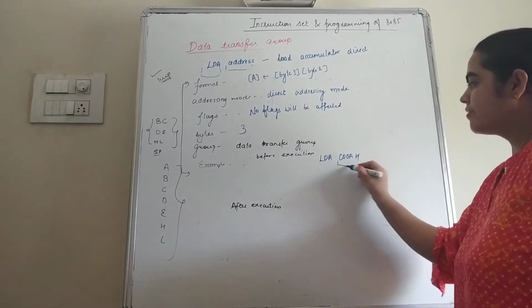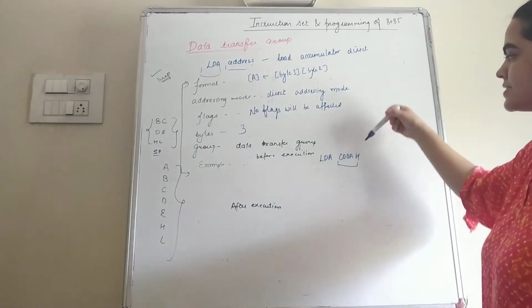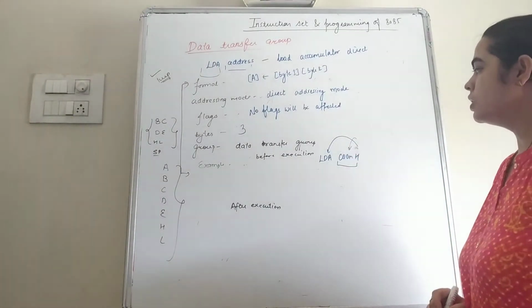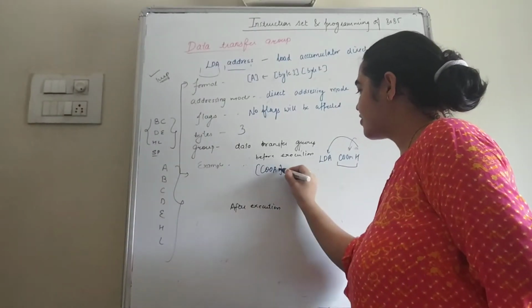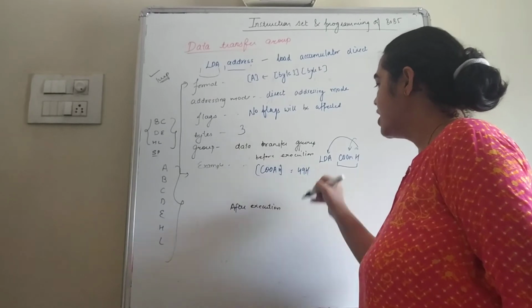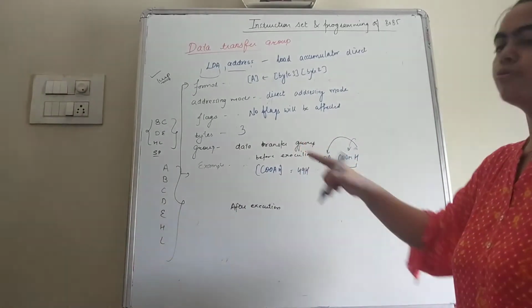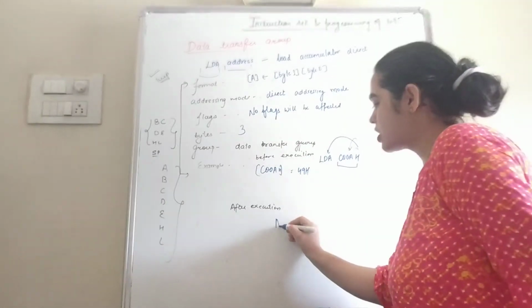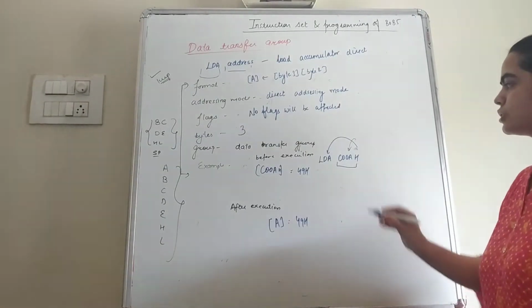So here the address is given in the instruction. That means whatever contents are present in this address, we can load into the accumulator. So for example, in this address we have contents 49H, and this 49H will be moved into the accumulator. After the execution of this instruction, the contents of the accumulator are 49H. So this is how we can execute the instruction.